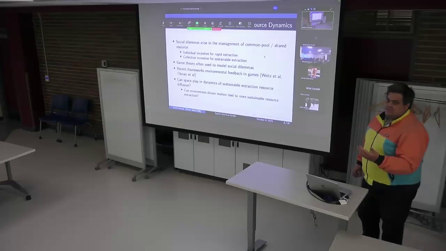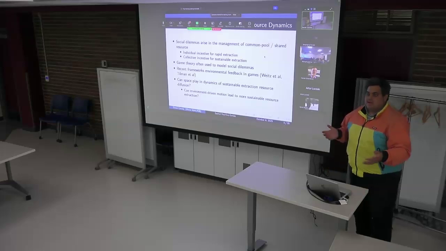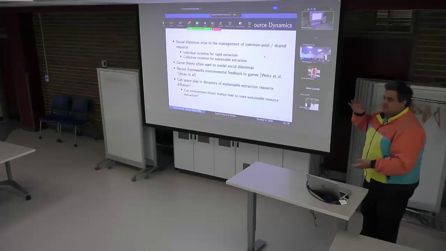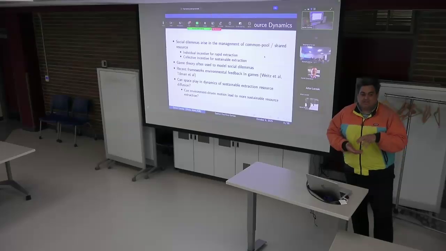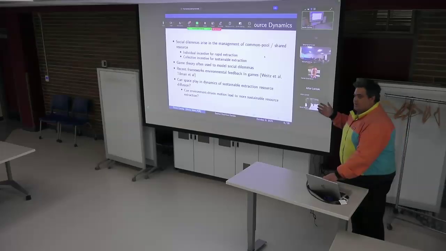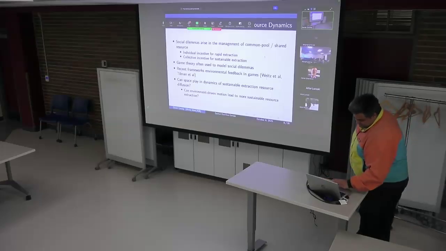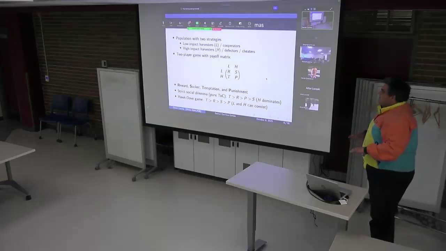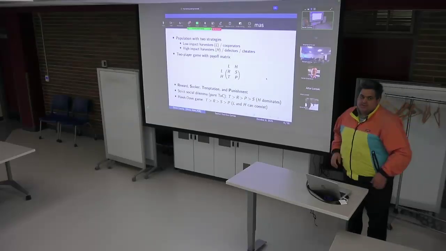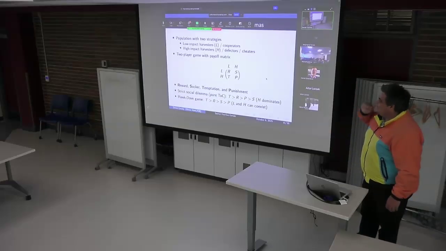And can individuals performing directed motion, like trying to find better resources, create spatial patterns where there are clusters of sustainable extraction, and other places where things are overexploited? Basically, do spatial dynamics help or hurt overall sustainability, as well as the heterogeneity in space in this regard? And so as a baseline model of strategic interactions, I would like to draw on two-player, two-strategy games, which